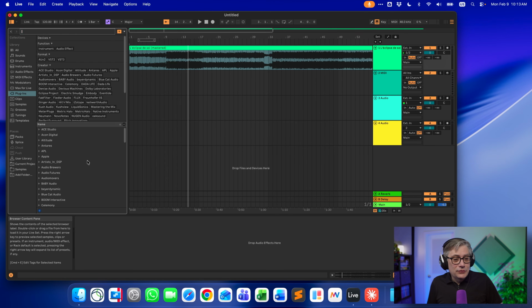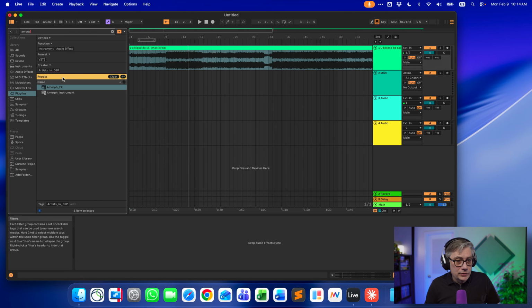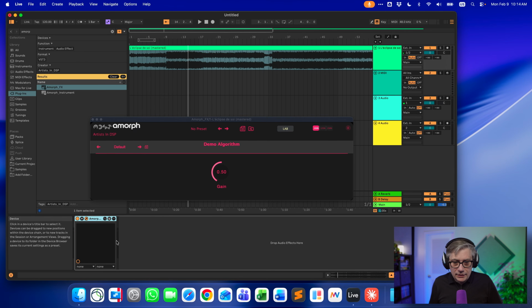So let's add an instance of Emorph and create a binaural panner. Now, Emorph comes in two versions, so let me just search for Emorph. An effects version and an instrument version. So if you want, you can, for example, create your own synth. So you could create something that's completely new and something that hasn't been done before. So if you have any idea about something that is innovative, just use Emorph to create that. And we can also create an effects plugin. And we obviously want to create an effects plugin because we said we would do a binaural panner. So let's add that in here.